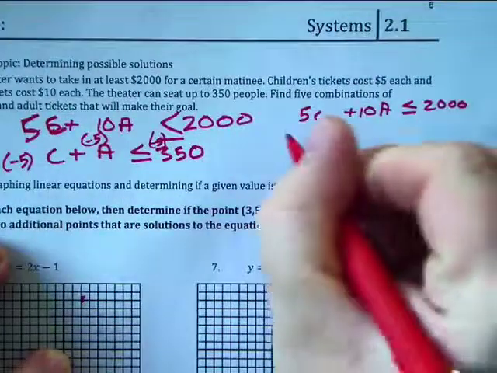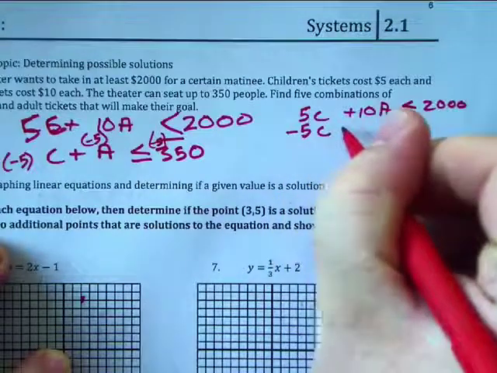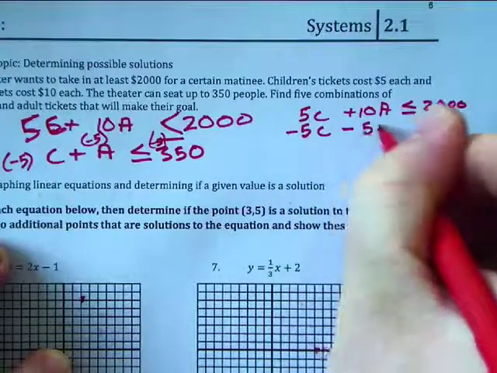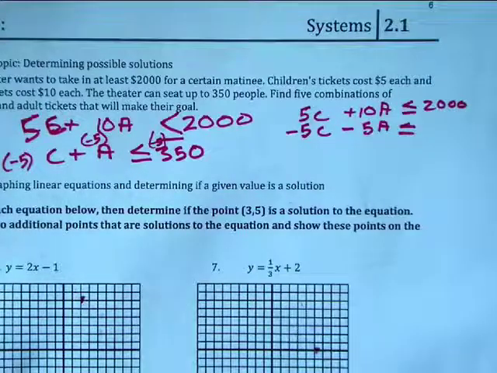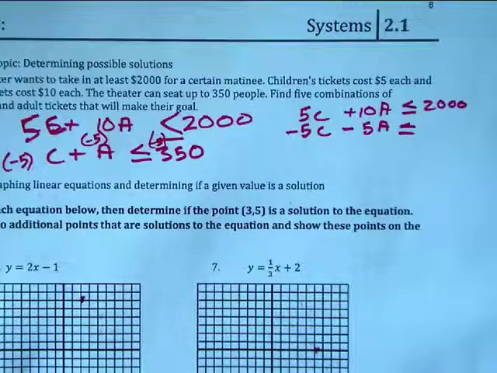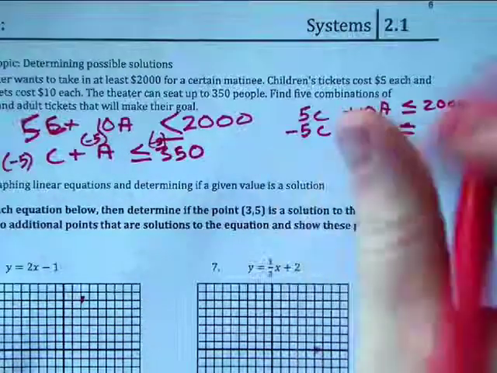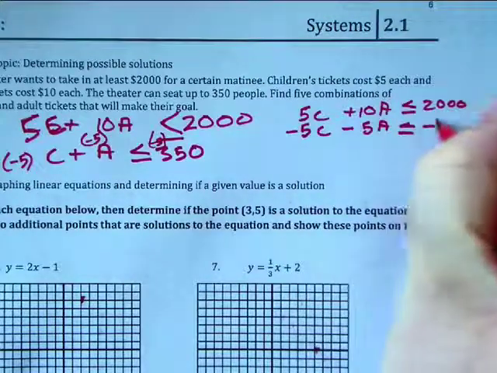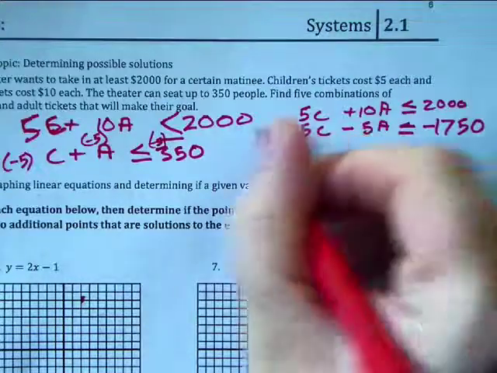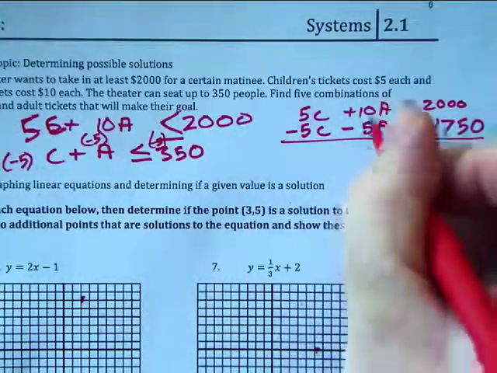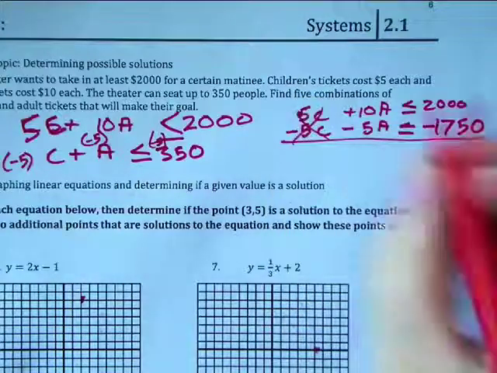And on the bottom we get negative 5C minus 5A is less than or equal to, and I'm going to just do this on the calculator really quick, 350 times negative 5 is negative 1,750, excuse me. Now let's add them together. The C goes away. When we add those together, we get